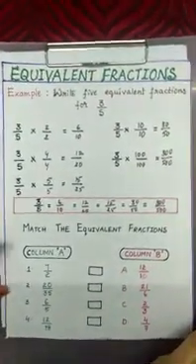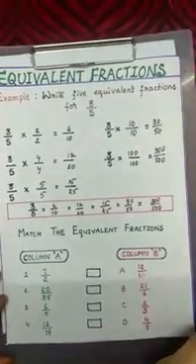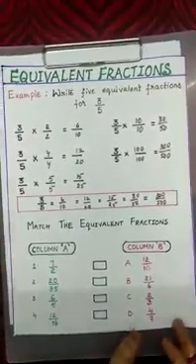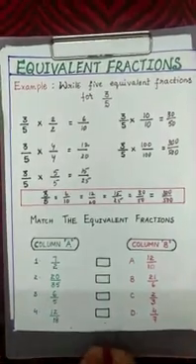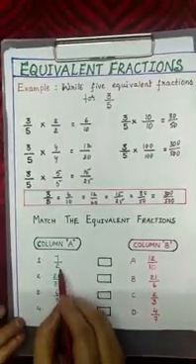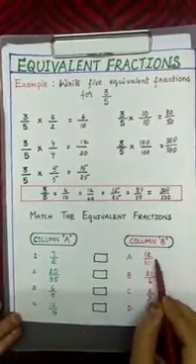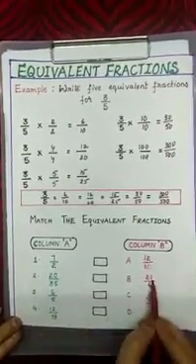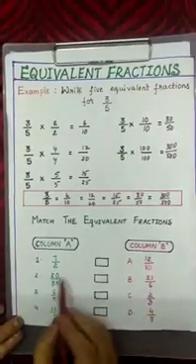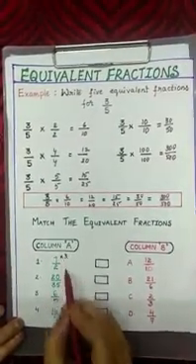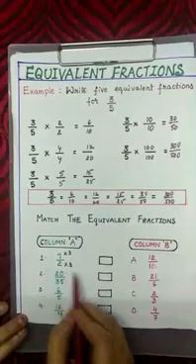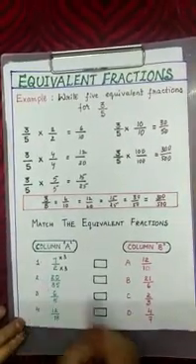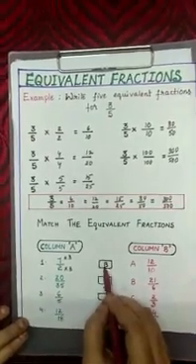Now you do one. Let us do one matching based on equivalent fractions. Here in column A you have 4 fractions and in column B you have 4 fractions. Now let us match. The first one is 7/2. The first option, 7 by 12, we don't have 12. So come to the second one, 21 here you have. 7 times 3 is 21. With the same 3 if you multiply, 2 3s are 6. So 21/6 is equivalent to 7/2. So the correct option is B here.